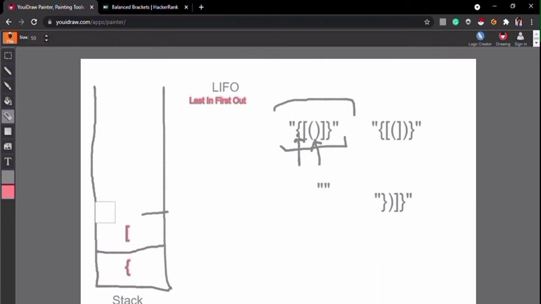Now on top of the stack we can see there is an opening bracket of rectangular type. So we traverse to the next element, and we can see there is a closing bracket of rectangular type, so we again pop out the opening bracket.